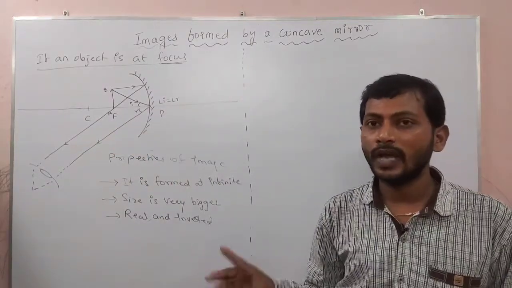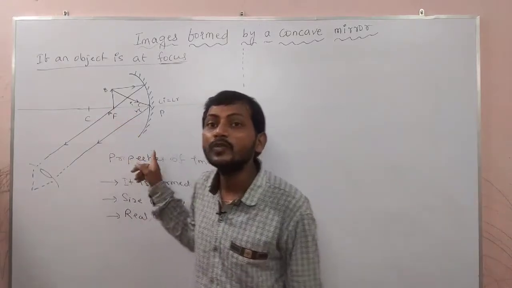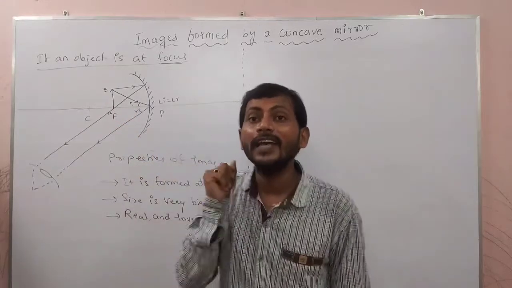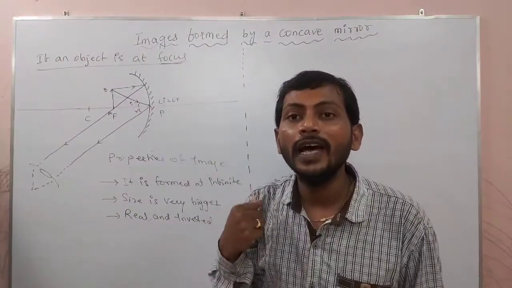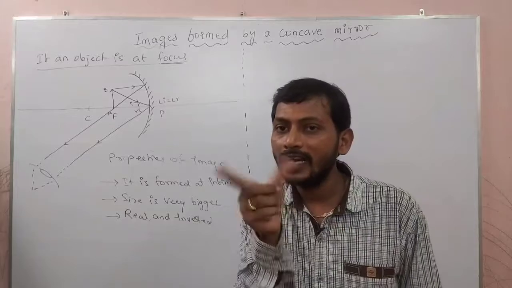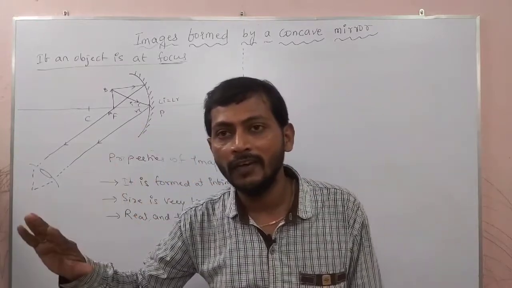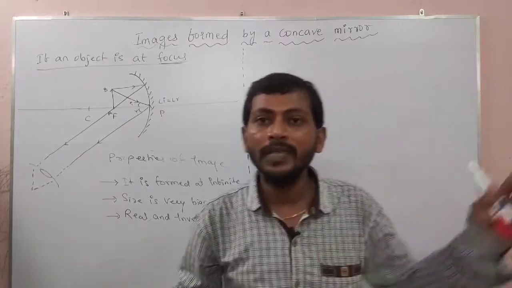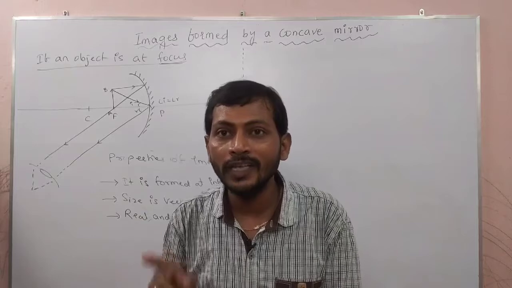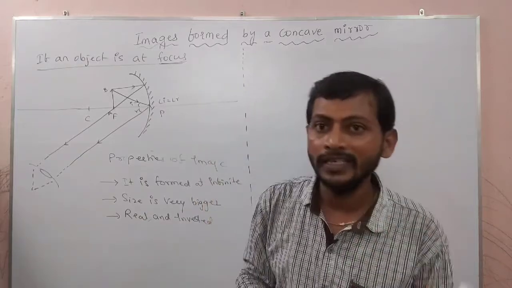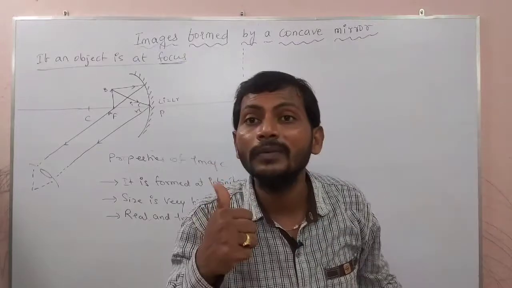So same like this only. I hope you got one more point. If the object is at the focus, where is the image? At infinity. If I take the object at infinity, where am I going to get the image? Logically we can remember, before also we have done like that only. When the object is between C and F, the image is behind C. When the object is behind C, the image is between C and F. Now if you take the object at F, you got it, the image is at infinity. If I take it at infinity, where is it going to form?